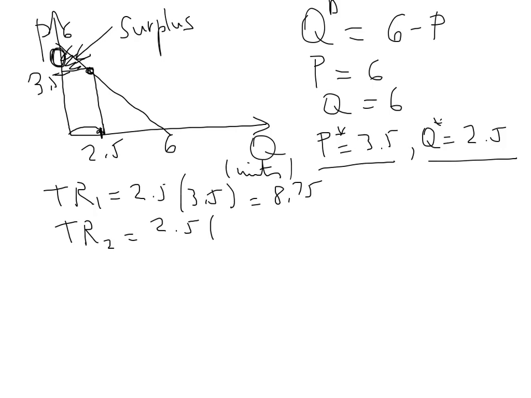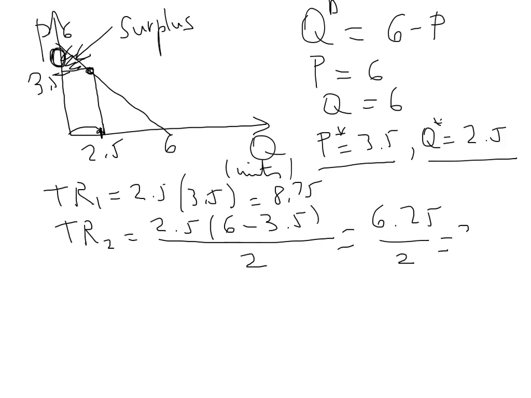Well, it's going to be 6 minus 3.5, divided by 2. That's just the mathematical formula for this little triangle. So then we just do the calculations. 2.5 times 6 minus 3.5, which is 2.5. So 2.5 times 2.5 is 6.25, divided by 2. So this is my extra revenue that I'm going to have extracted from